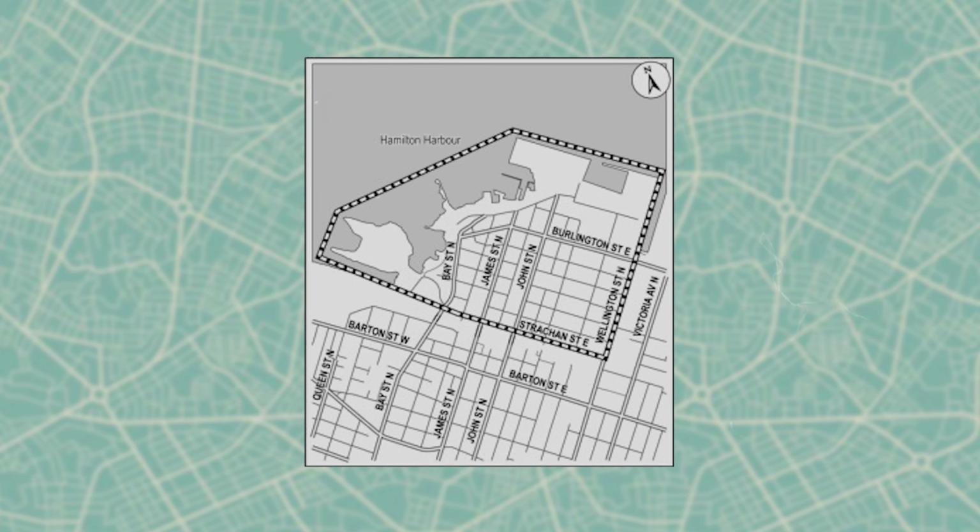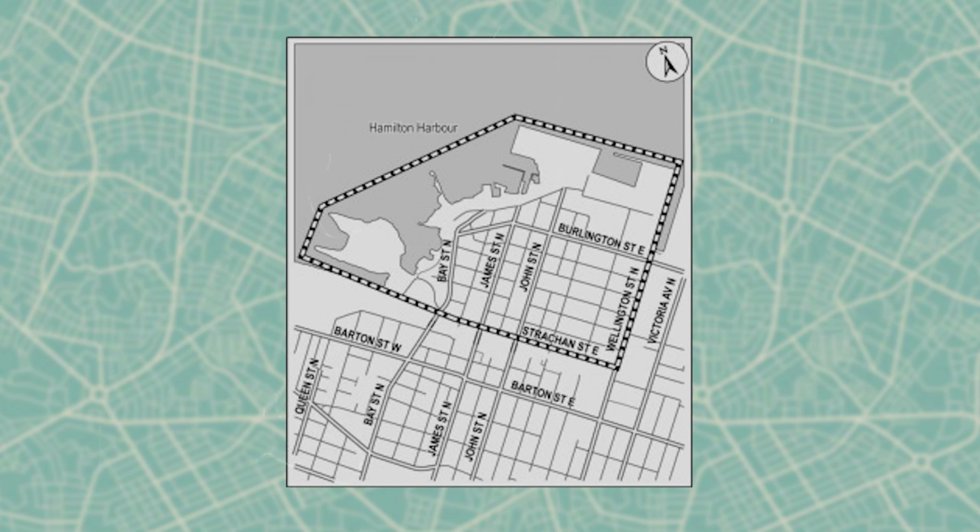So I'm going to show you some footage from the area as well. You'll kind of see what it looks like and what it has to offer. But very high level, this area is located on the north end of Hamilton, right by the water, very close to the highway. When you're driving through the QEW, you're often seeing that part of Hamilton across the water, but